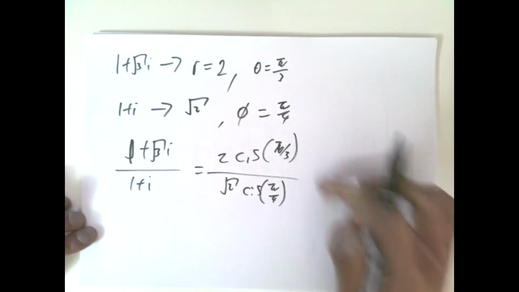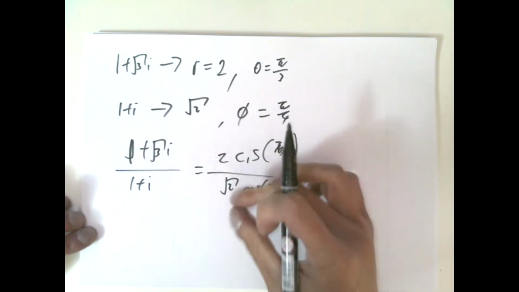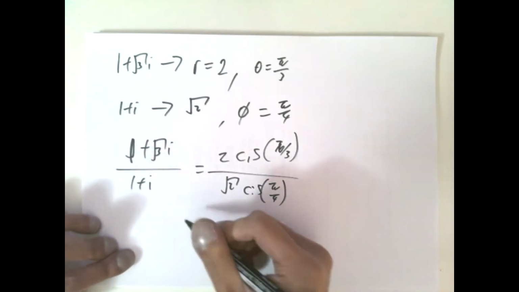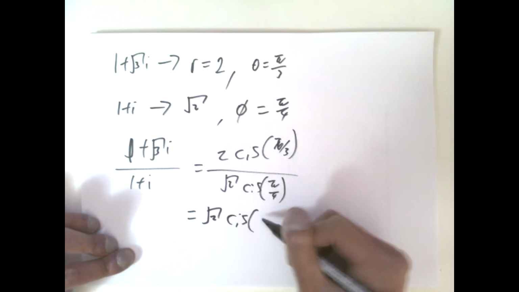Okay, so converting this entire complex number, but this is a division of complex numbers. And what have we learned about division? The moduli divide and the angles subtract. So what is 2 divided by root 2? And since their angles subtract,